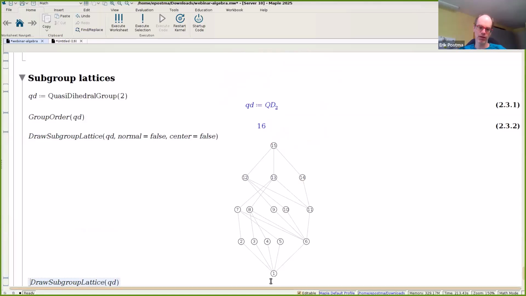So what you see is, here we have the trivial subgroup, and there we have the whole group, and in each layer you have a bunch of subgroups that are grouped by conjugacy class. So in these prime cyclic subgroups, there's 4 that are conjugate to each other, and there's 1 that is in a different conjugacy